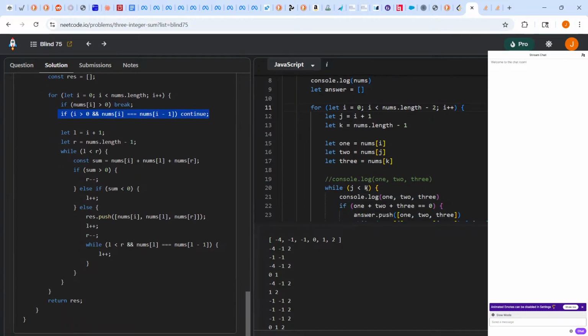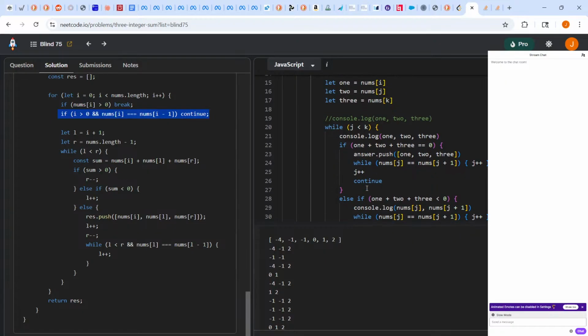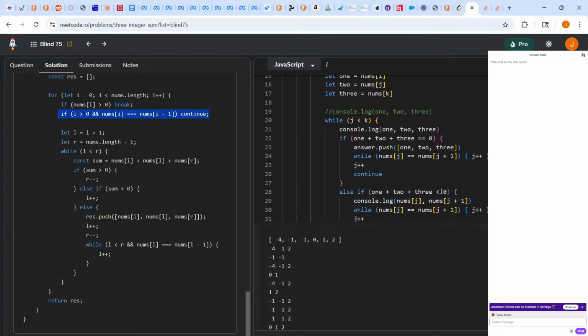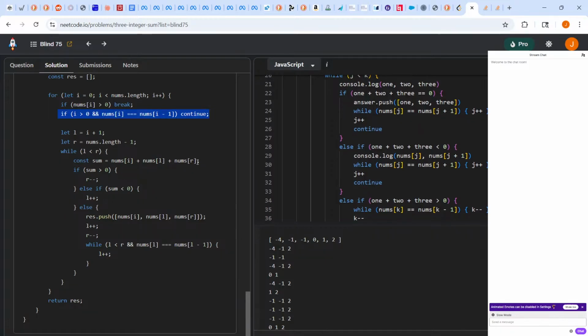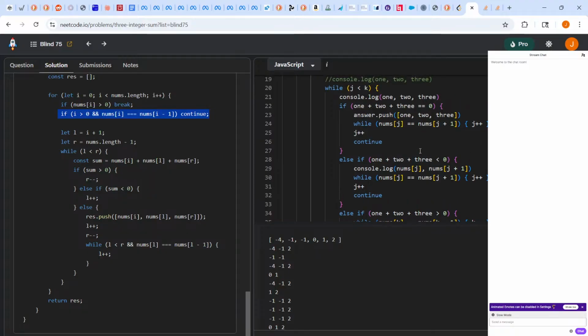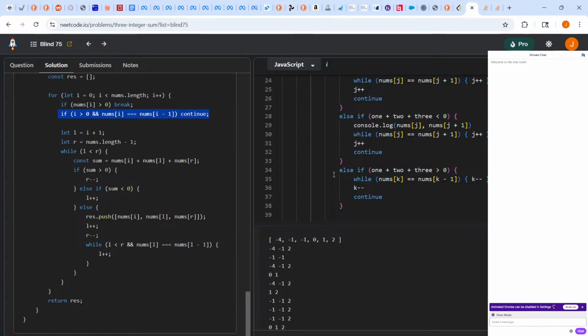So while J minus K, or L minus R, sum of these things, if these things are less than 0, okay. So yeah, if sum is bigger than 0, sum is nums of these things, which we have called 1, 2, and 3. Okay. So if sum is bigger than 0, our decrement, which is this one, okay, so this was right the first time, and it looks like we don't actually need to continue. Or else if, yeah, sum is less than 0,